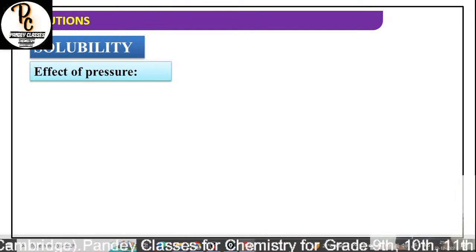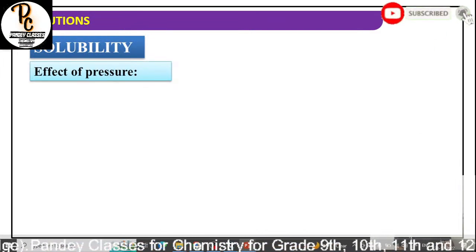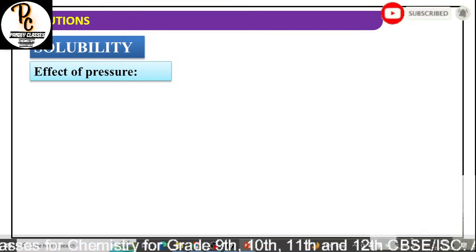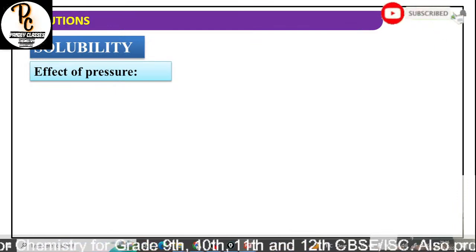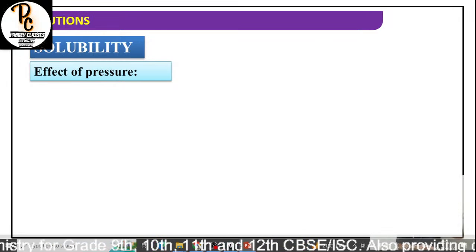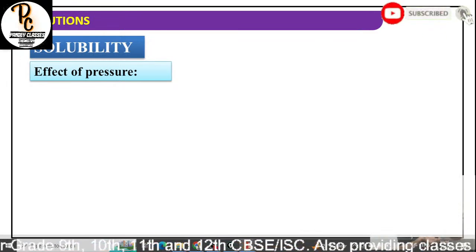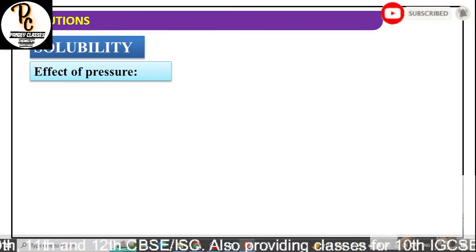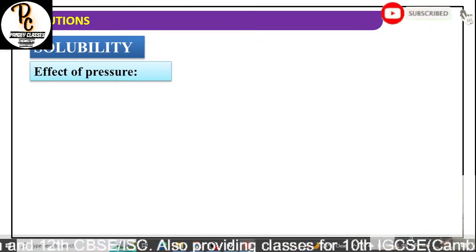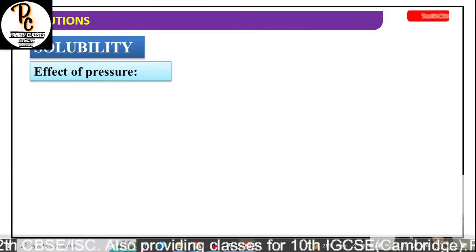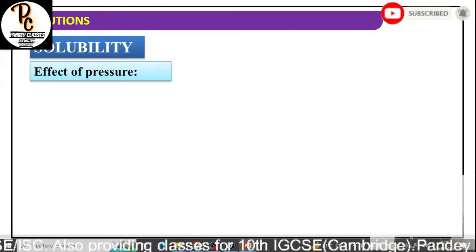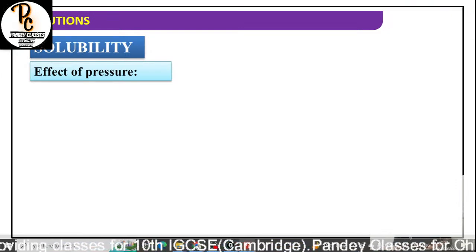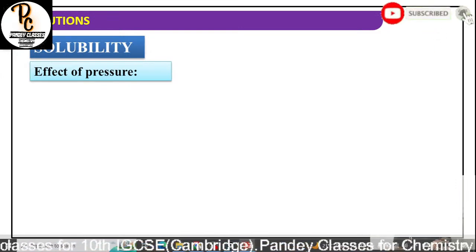Okay. Effect of pressure. So what happens in case of gas in liquid? Gases have larger interparticle spaces. So once the pressure is applied, this interparticle space is decreased, and also we can say that gases are compressible in nature. So once the pressure is increased, its solubility or its interaction with the solvent interface, that is liquid in state,